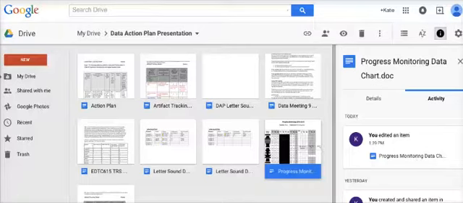I am a kindergarten teacher and the students I work with are between 5 and 6 years old. Today I will be using Google Drive to help me provide you with a brief overview of the data action